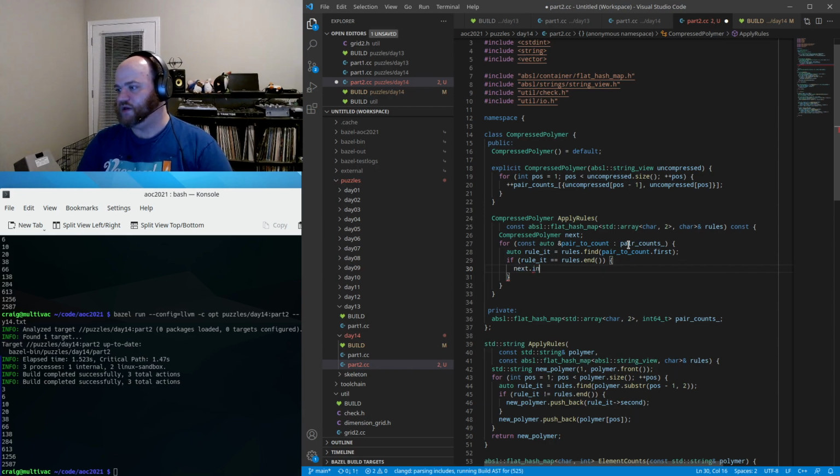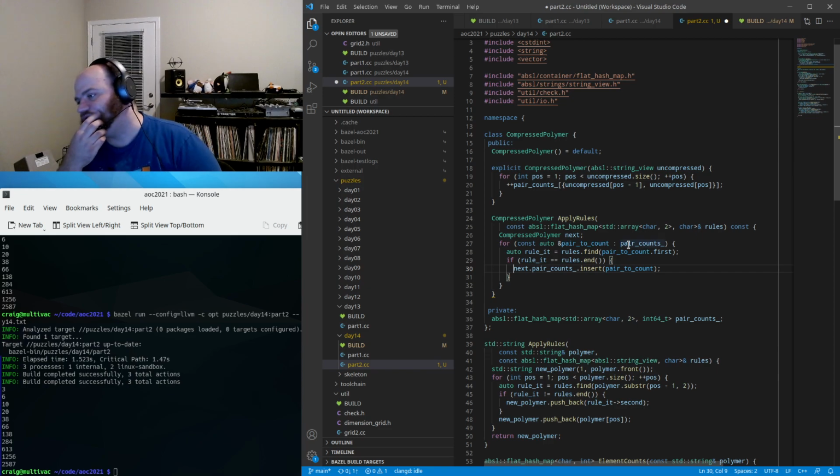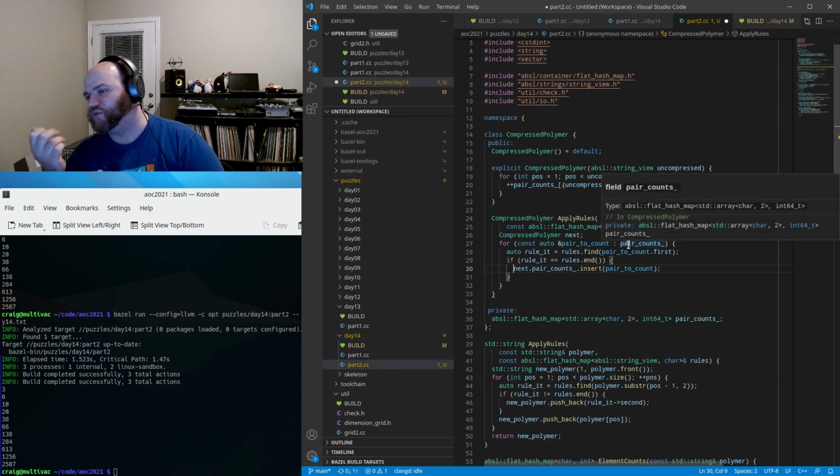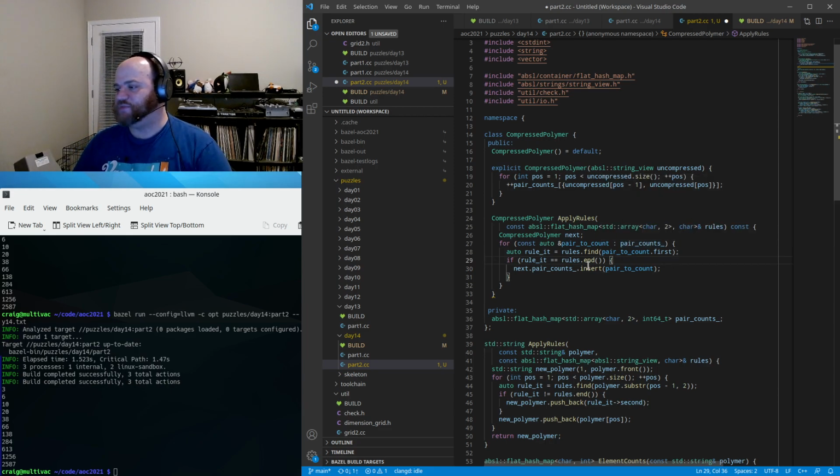So next dot insert, sorry, next dot pair counts dot insert pair to count. It actually, we better make sure that that is, no, we don't need to actually necessarily make sure that's newly inserted, now that I think about it, because other rules could produce more of that same count. So I'm just going to say next pair counts pair to count dot first, which is the first element. Sorry, I keep on changing my mind about certain of these things, but actually now that I'm thinking about it, I want to do